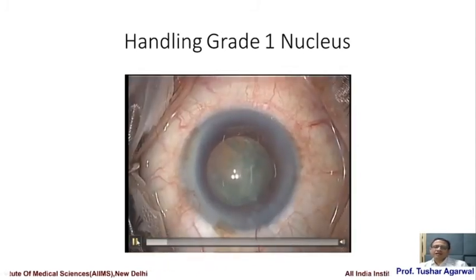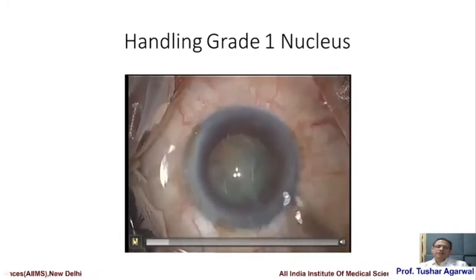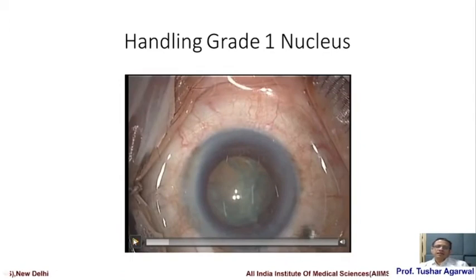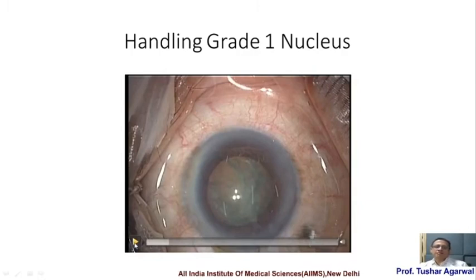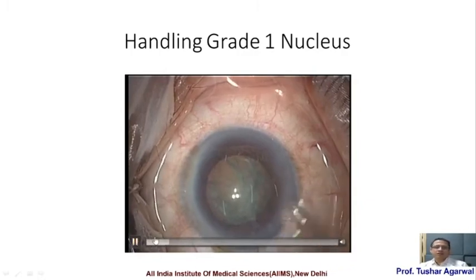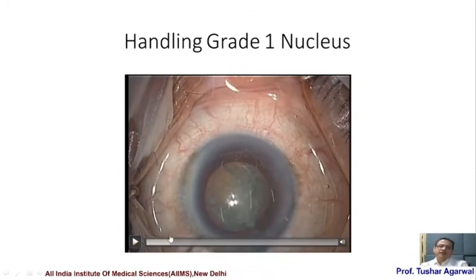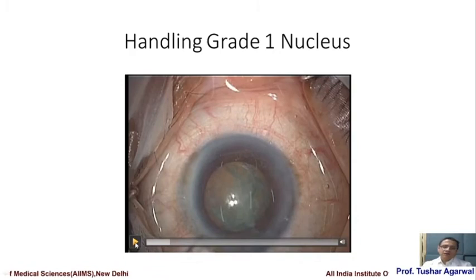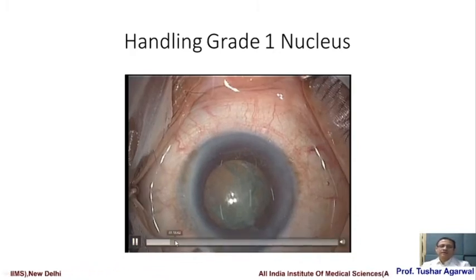Now, grade 1 cataracts are those which are softer than grade 2, but you cannot do phacoaspiration with them, and at the same time, you cannot mostly chop them. So what to do? You need a good hydrodelineation in grade 1. If you have a good hydrodelineation going in grade 1 nuclei, you will always be able to remove them very easily, because the nucleus is soft and small, and normally it comes in one piece.